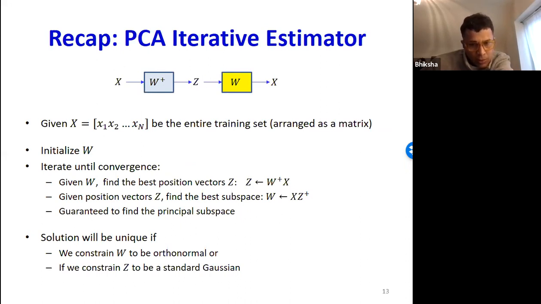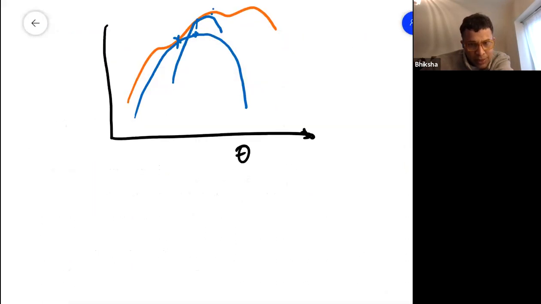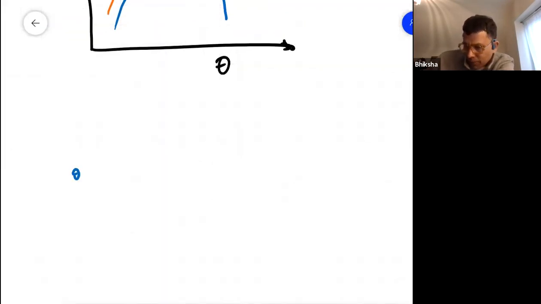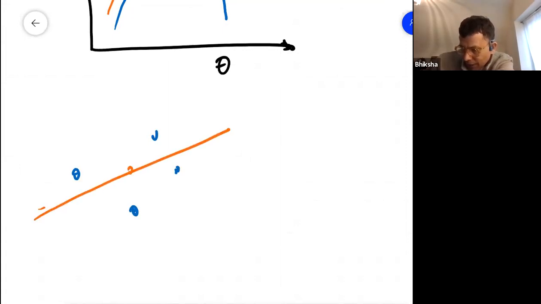If you'll remember this from the last class, if I had some data points, I'd initialize my subspace somehow. This is my center. And then I'm going to approximate each of these points, say I have some point here, by computing my projection on the subspace.